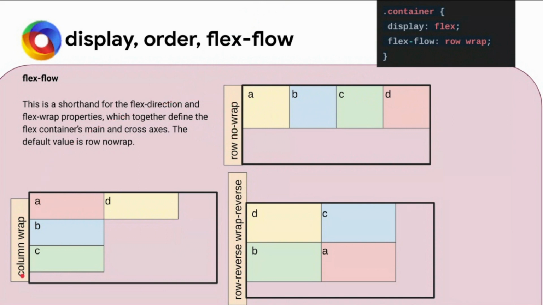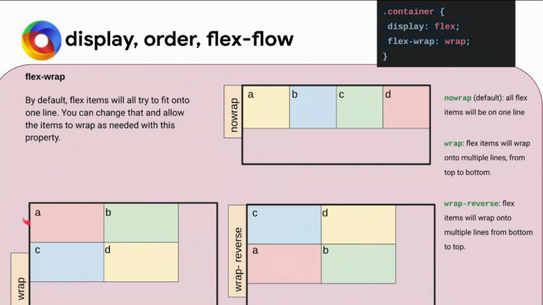But in case I have written column wrap, what exactly is it telling? There are three properties in it. Firstly it will display column, so everything comes one below another. And suppose I have written wrap, so once the height has ended, it will shift the next element to the side, like the next field. So wrap will automatically generate a new line if the content height is less than the combination of A, B, and C, like that.